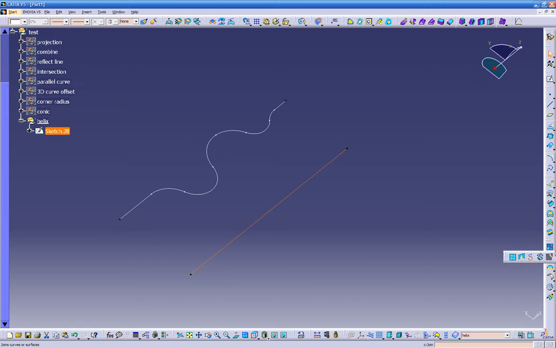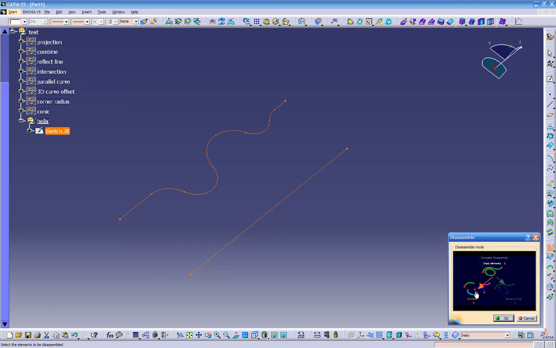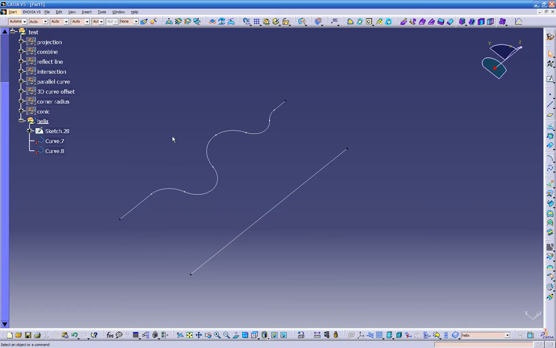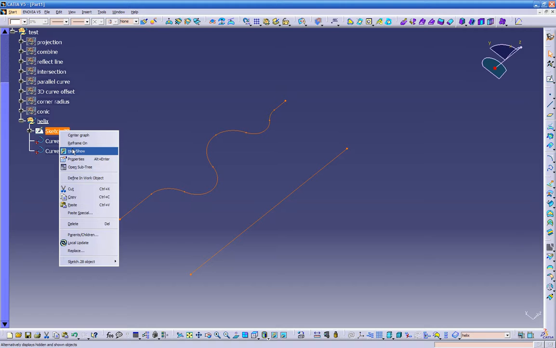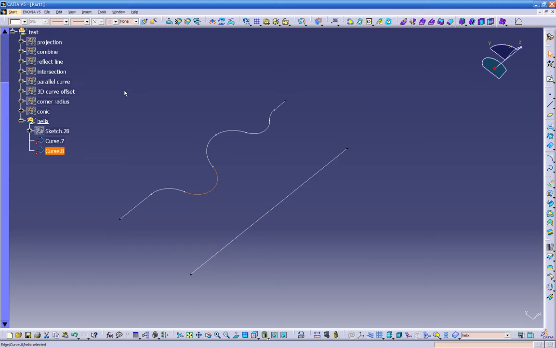So let's click on this and go back over here to disassemble, and see we got 9 cells. We have to make sure that we don't need to split all these pieces. So I wanted to have one domain, second domain. So actually I'm going to break it into 2. So I'm going to turn off the sketch, and I'm going to have curve number 1 and curve number 2,